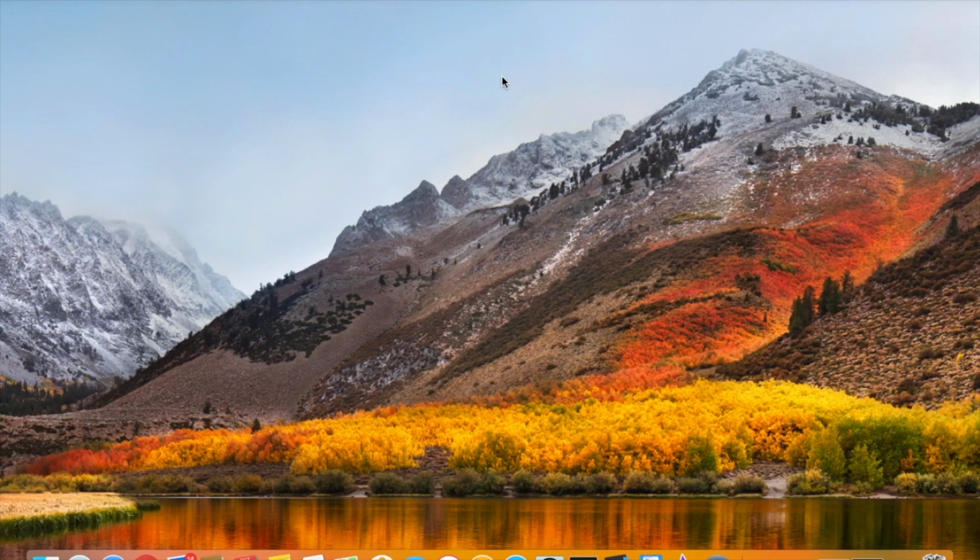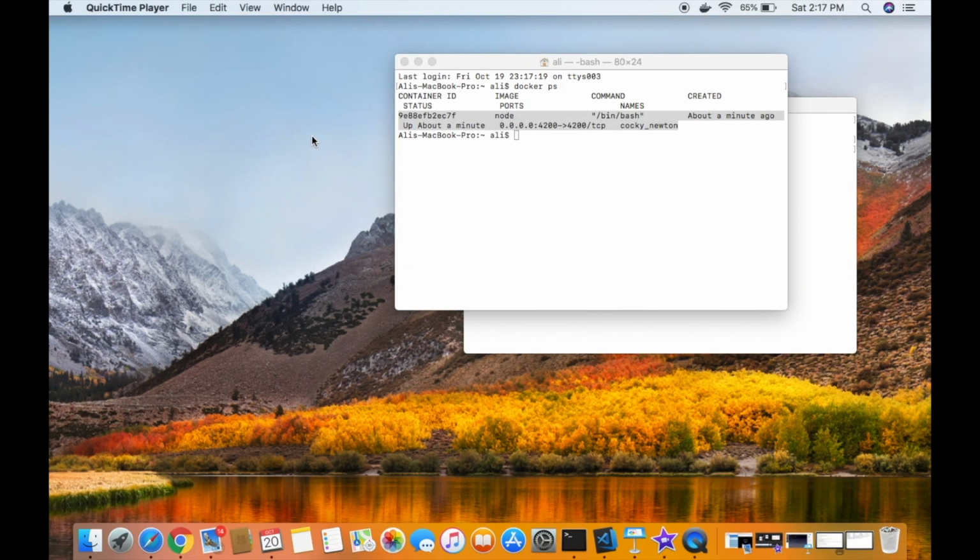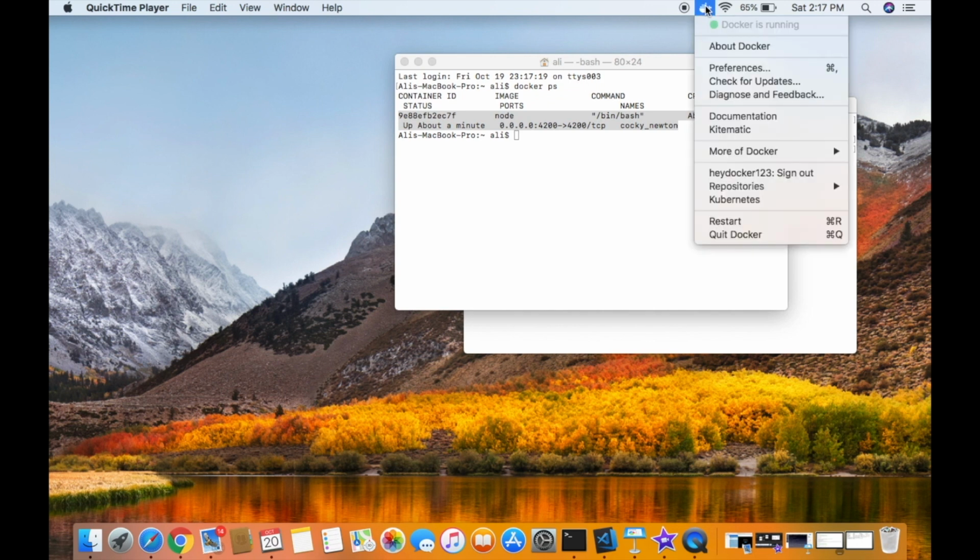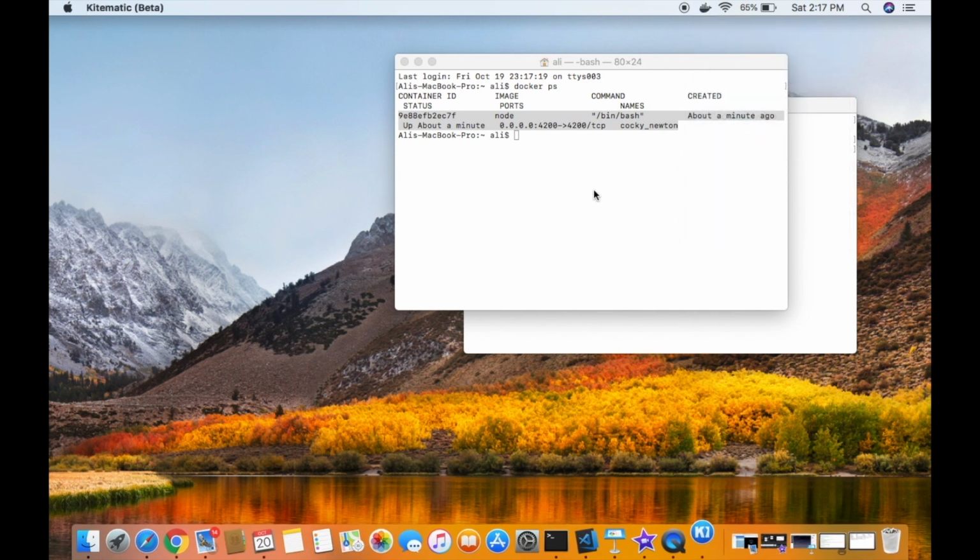Before creating the Angular application, let's see what Kitematic is. Now we'll talk about Kitematic. As I mentioned before, if you have installed Docker, you will see this icon on top of your bar, and over here we have Kitematic. If you click on this one, it's going to open up the graphical user interface window